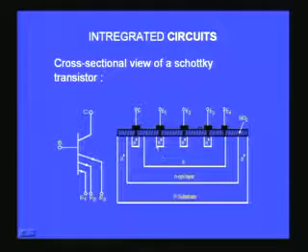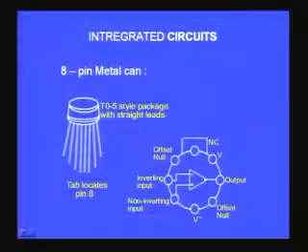So collector, base and emitter. For the emitter you can choose a very small region and form an n type region here, and in the same way again one more. So you can have multiple emitters formed on the same P region, and thereby you will get multiple emitters. That is what is shown here. So this is one great advantage, especially when you go to logic circuits and things like that, you require multiple